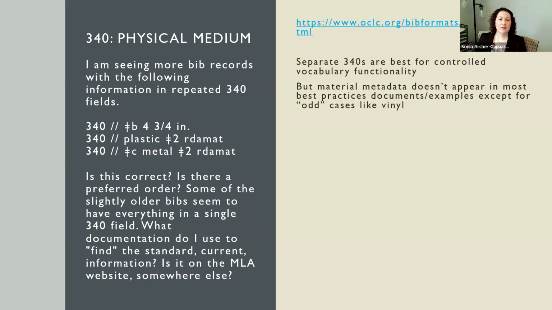So at this point, separate 340s and separate 3-4X fields in general are highly preferred because they're going to be best for making the controlled vocabularies in each of those fields and subfields functional, and they're going to be best for moving into linked data. But I would say you don't necessarily have to have, for all your CDs and DVDs, the plastic and metal